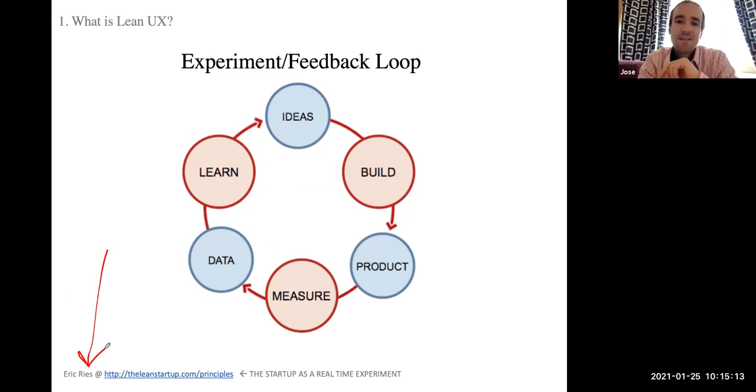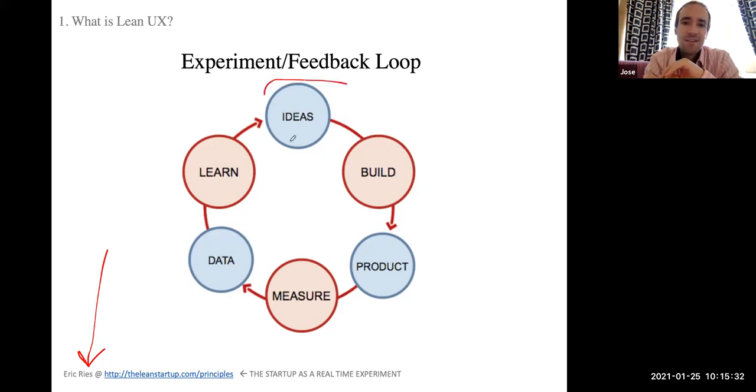And so what he says is that when you do a startup or when you build an app, the team or the company really don't know what they're doing, basically. You might have an idea, right? And then you build a first prototype about this idea, right?